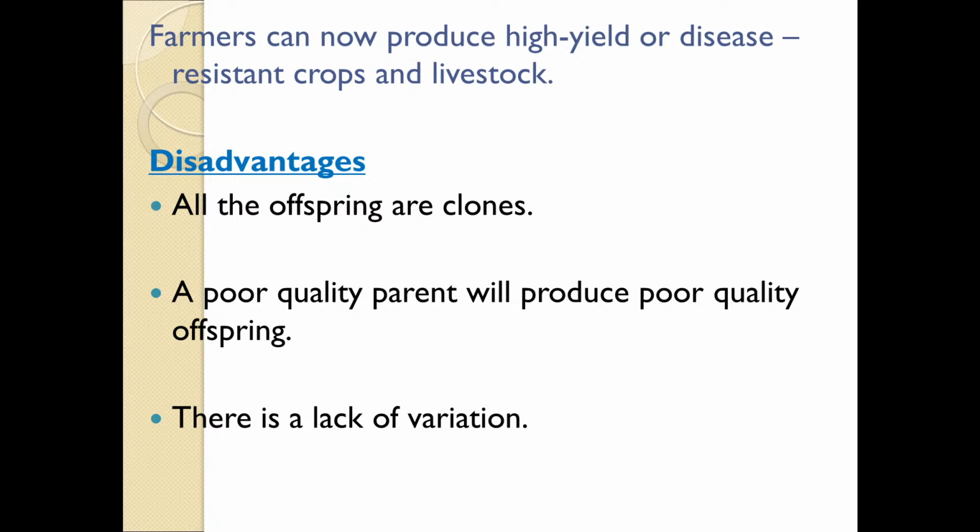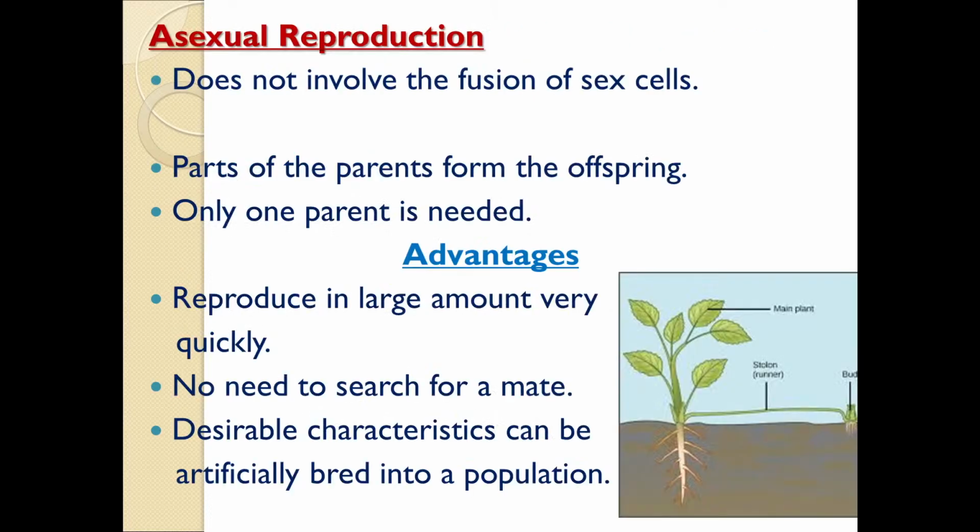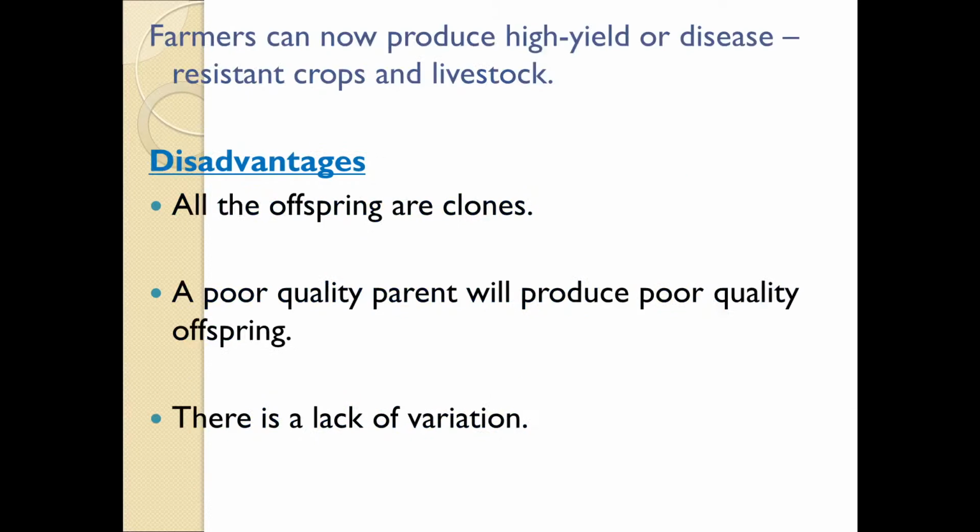That has to do with variation, meaning that they can only survive within a particular environment. Likewise, with human beings, the fact that we're different in different ways means we can survive in different environments because there is what is known as variation. So those are some advantages of asexual reproduction. As for disadvantages, of course, there are some.